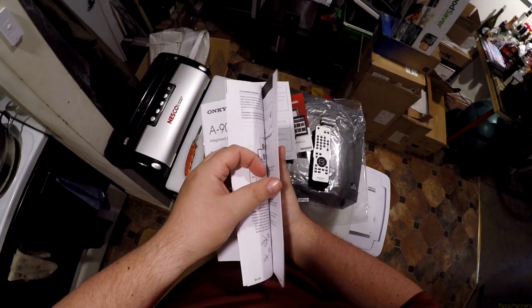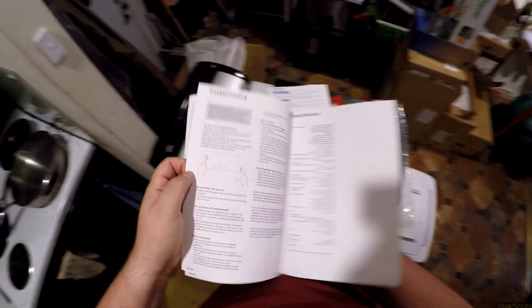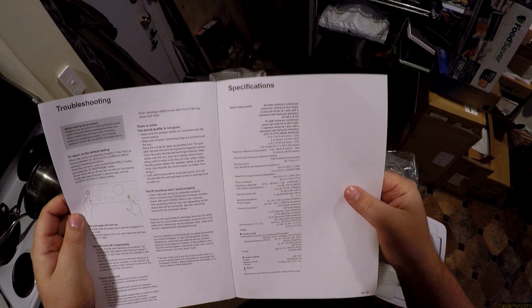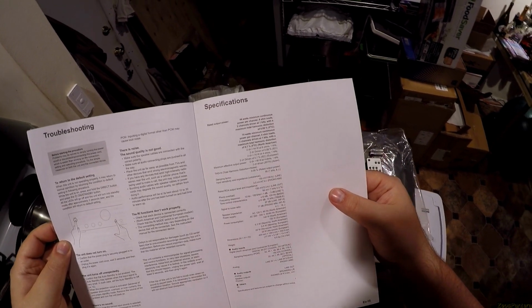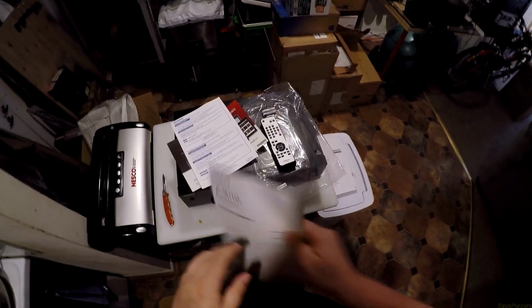Little specs. They're going to be at the very end. I don't remember the actual output wattage. I know they vary. 8 ohms is 44 watts, 2 channels driven at an efficiency of 0.08. 70 watts at 4 ohms. So the only thing that this really...